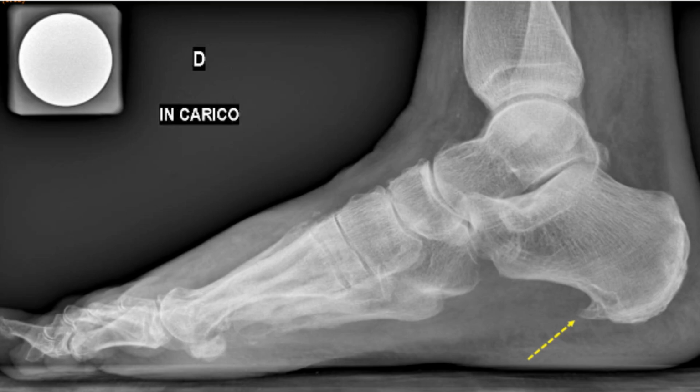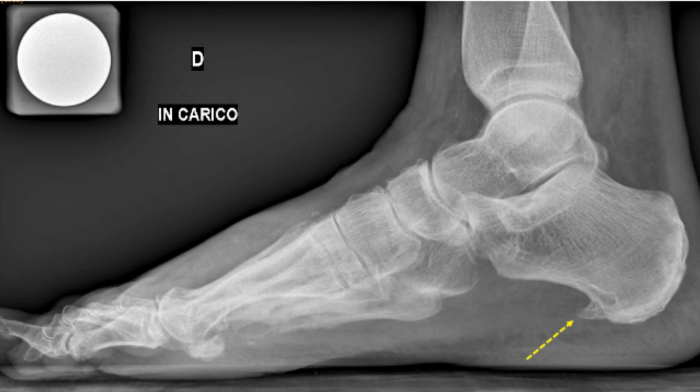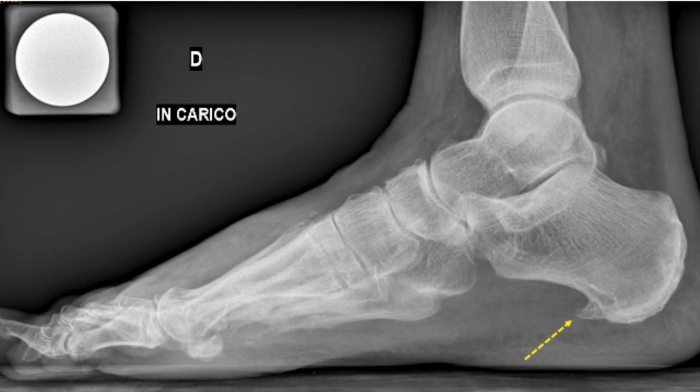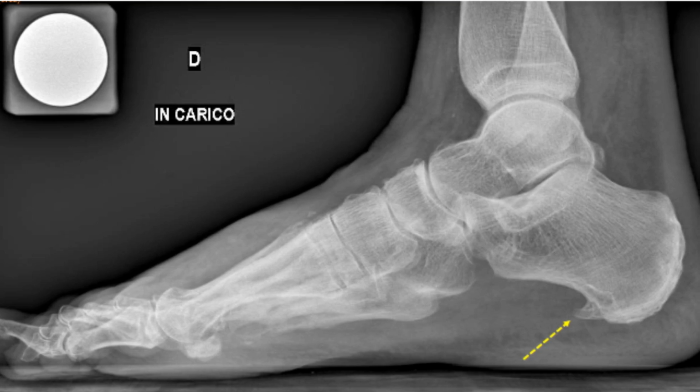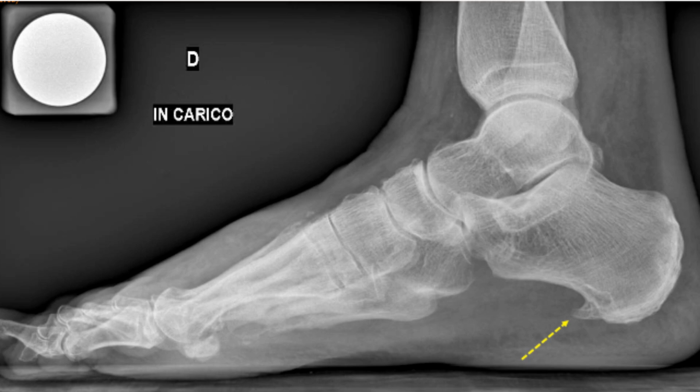Today we are going to talk about the calcaneal spur. The spur is a bony protuberance that forms in the calcaneus, that is, the heel bone, usually due to an accumulation of calcium. We can distinguish between two types of spur, and more specifically, the plantar spur, that is present